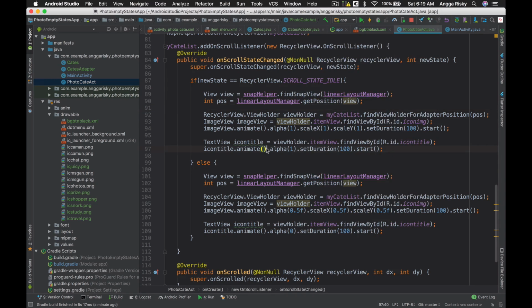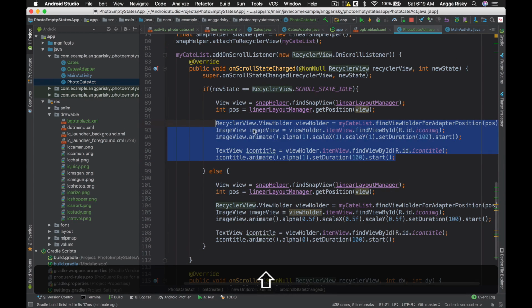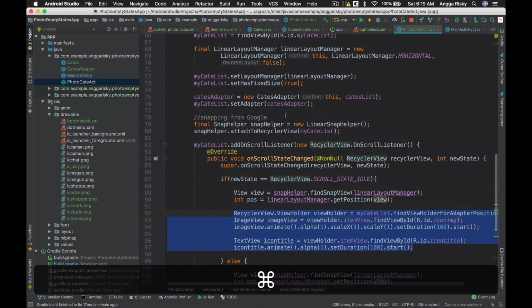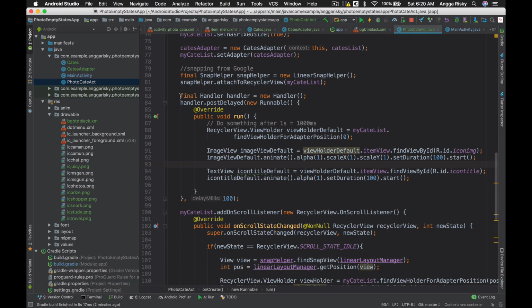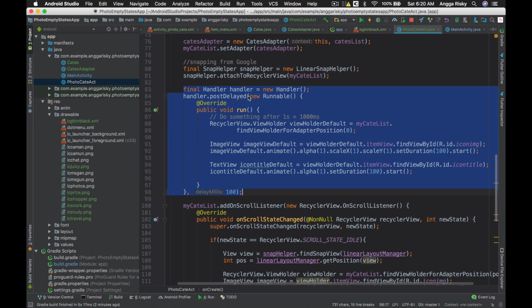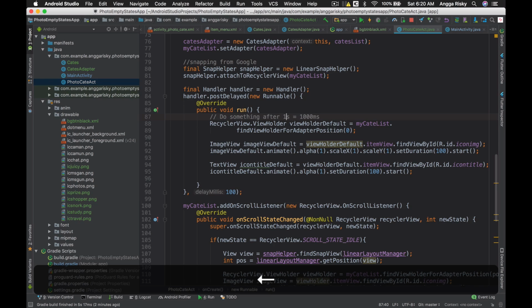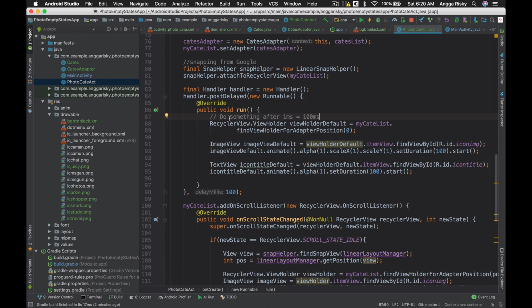Cool. Okay, so right now I'm going to copy this, and then you have to set the timer by yourself that I have provided for you. So basically this is the handler after 1 millisecond. I set 1 millisecond, like this, and then we have to give the recycler view, but this is supposed to be default.